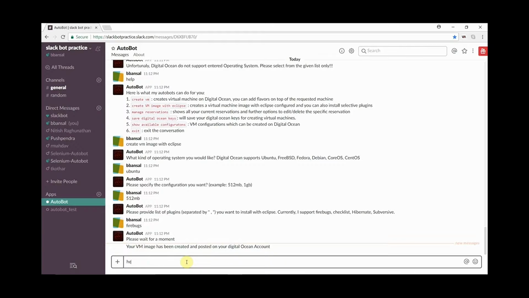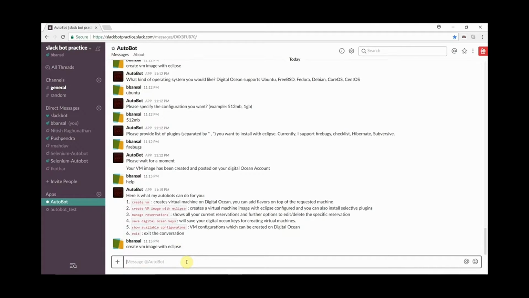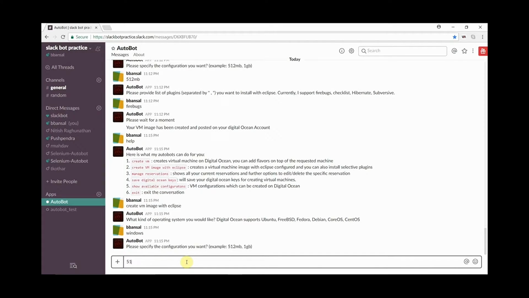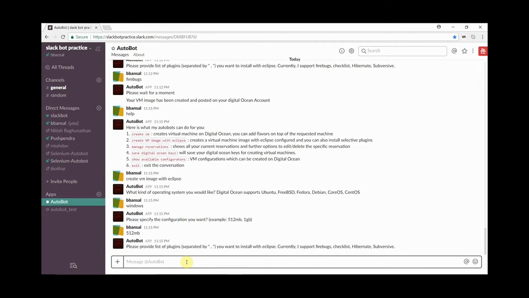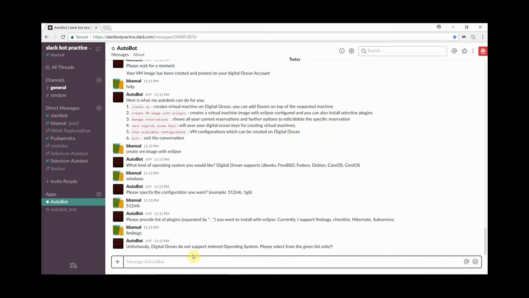Let's now test a sad path for this, which would be if I provide anything wrong with parameters such as operating systems or a wrong configuration or a wrong set of plugins, then Autobot will be able to go ahead and show an error message to the user. So let's say I again test it for Windows. Okay, I want 512 MB and I again want $5. Now Autobot will show that, okay, DigitalOcean does not support this operating system. So you have to select the ones which are present in the list,